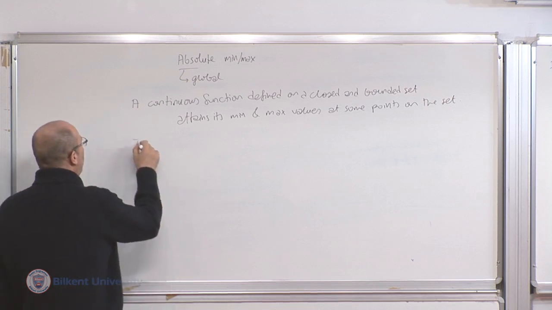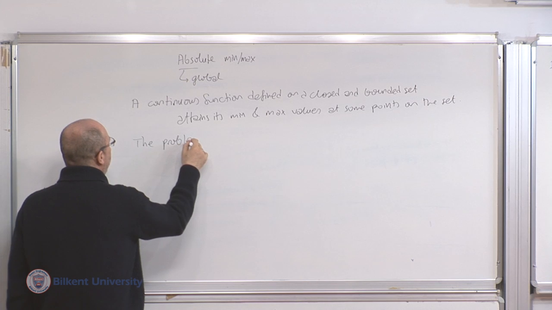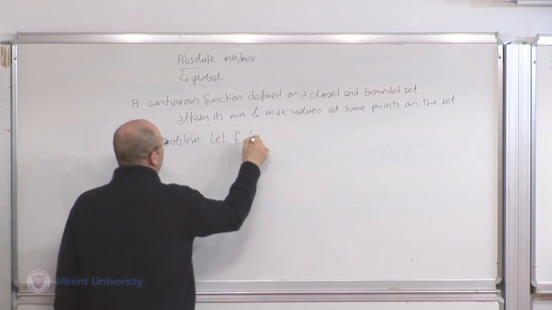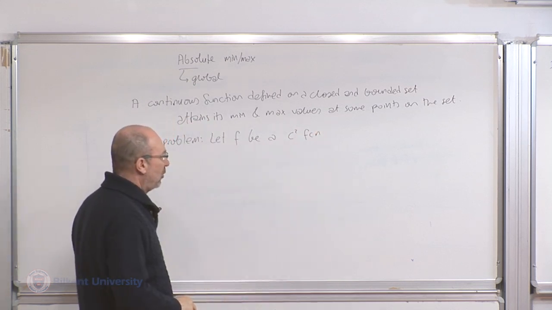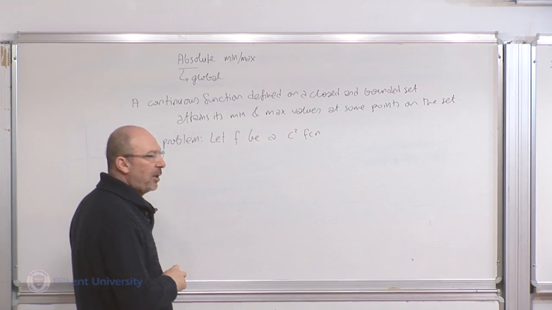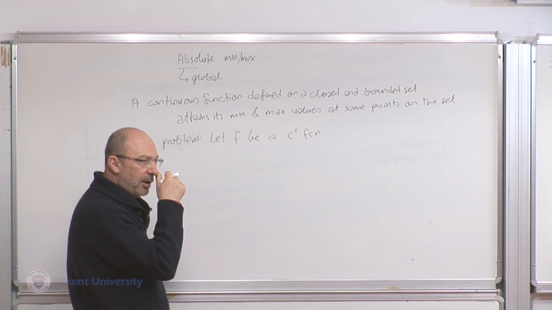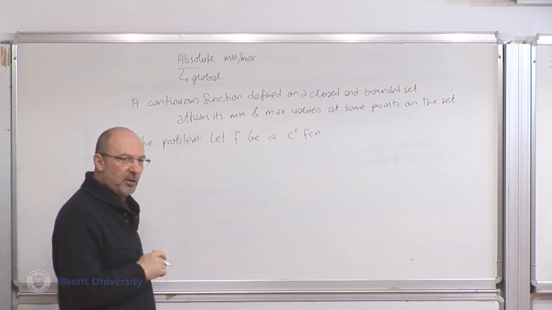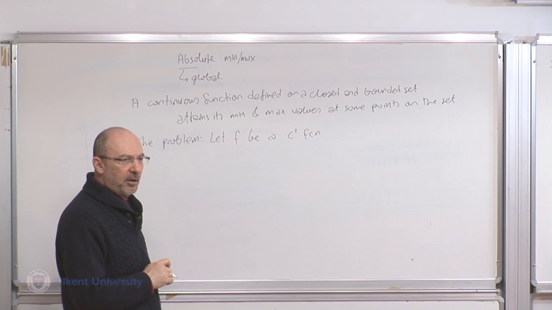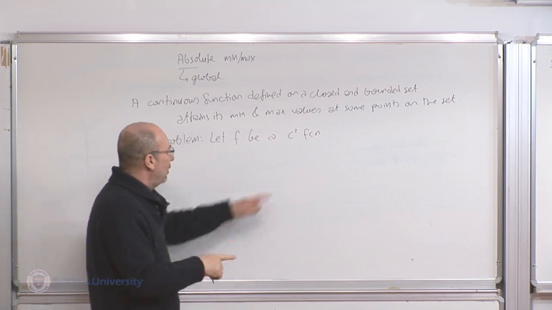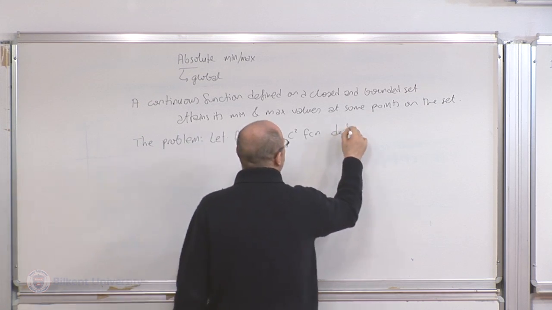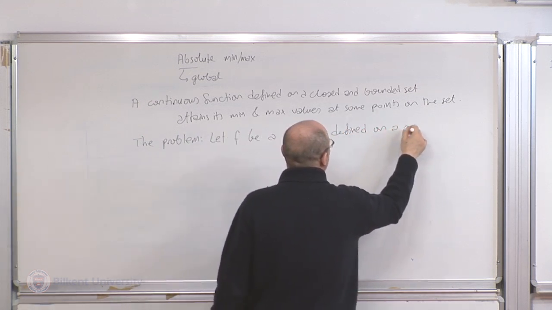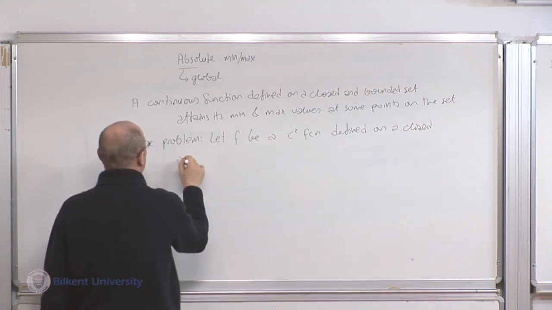So the problem we are interested in is the following. Let f be a C2 function. Remember that this means the second derivatives are continuous. This is required to apply the second derivative test. Remember, in proving the second derivative test, we explicitly use that the derivative with respect to xy is the same as the derivative with respect to yx, so when the function is C2, this is guaranteed. Suppose f is defined on a closed and bounded set